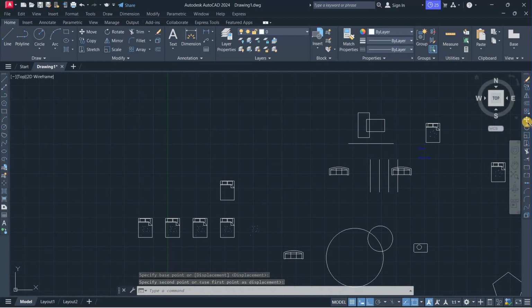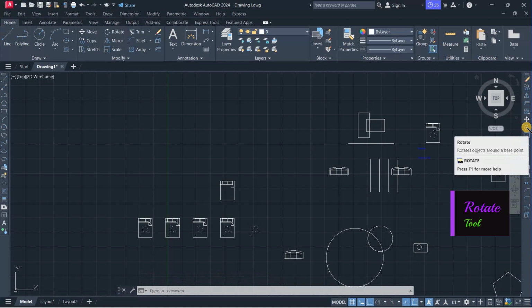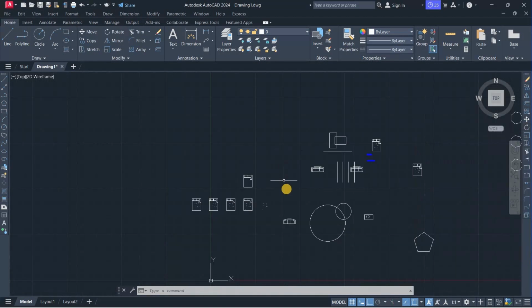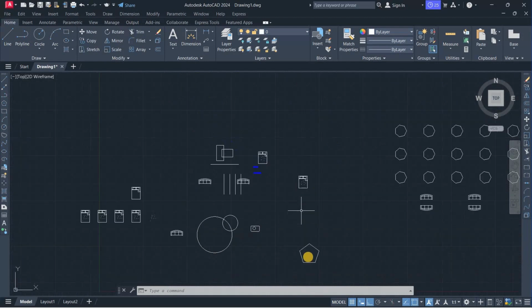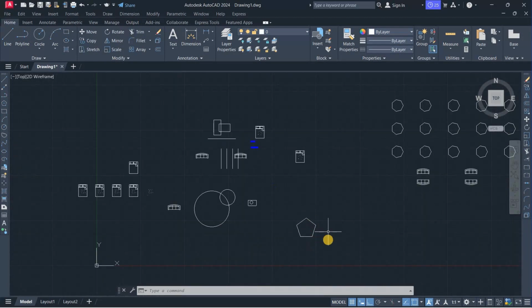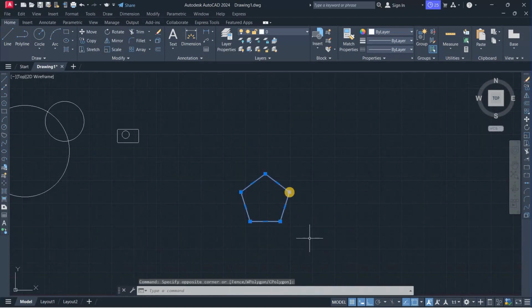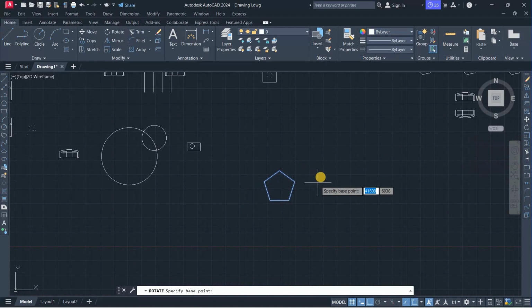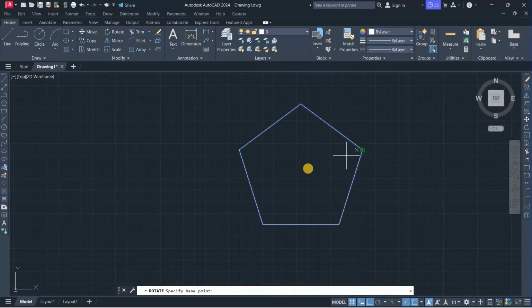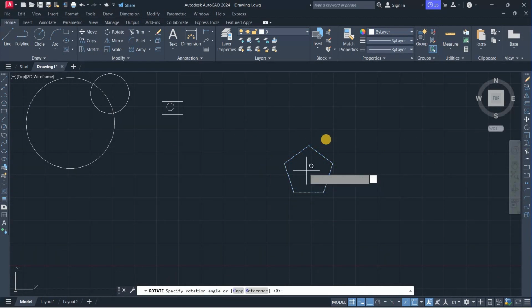Next is the rotation tool. So this helps you rotate an object around a specific base point. So let's say we have this object, this polygon, and we want to rotate it. So having selected the object, we hit the rotate tool, and we specify a point of reference. We can choose the center of this, or we can choose anywhere. So if we rotate it,